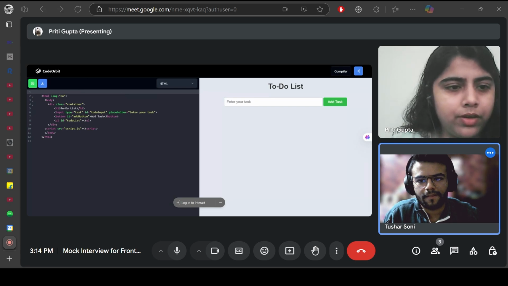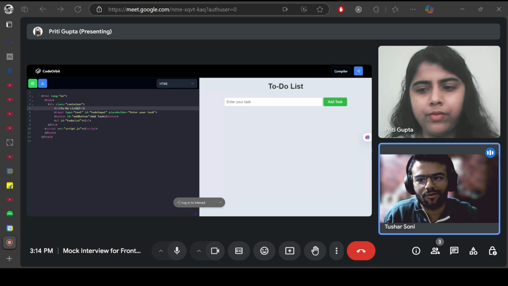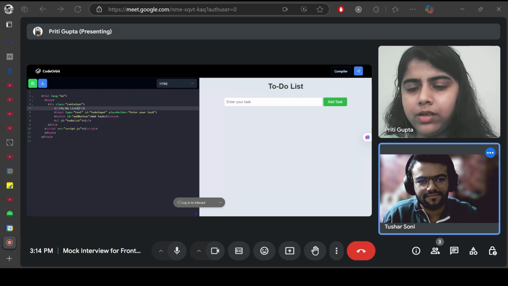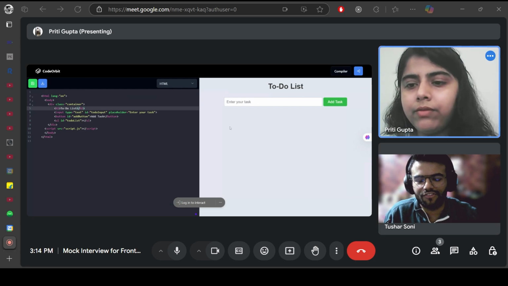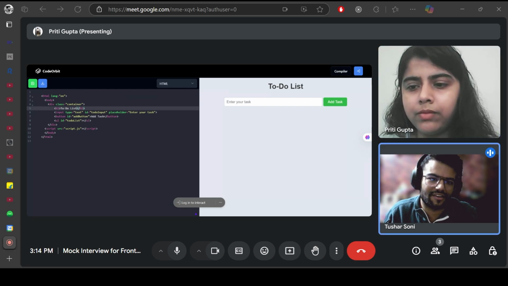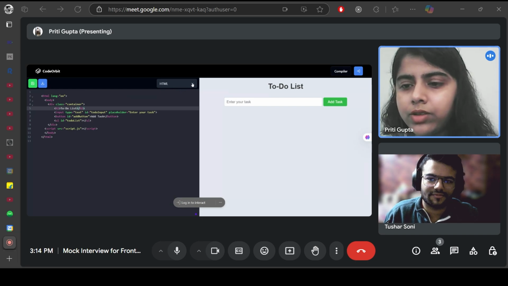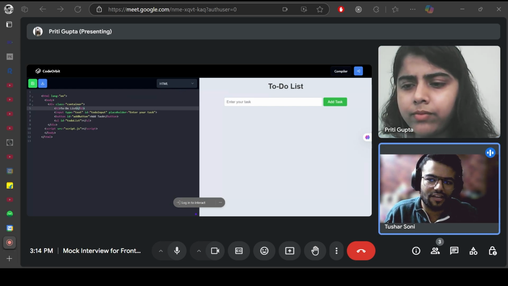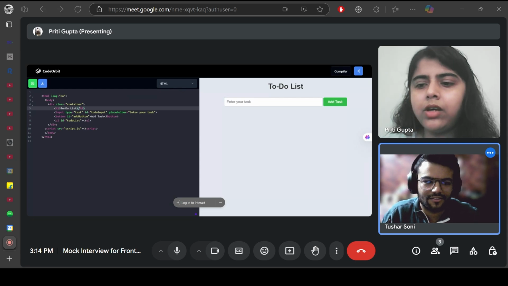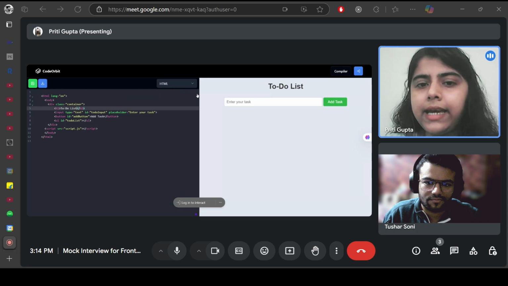Can you elaborate on how the rendering is happening? How is that HTML, CSS, JavaScript rendering on the right side? Sorry, can you please repeat the question? I want to ask, can you explain the flow of this, how the code is rendering on the right side of the screen? Actually, in this case I have used Redux for state management,